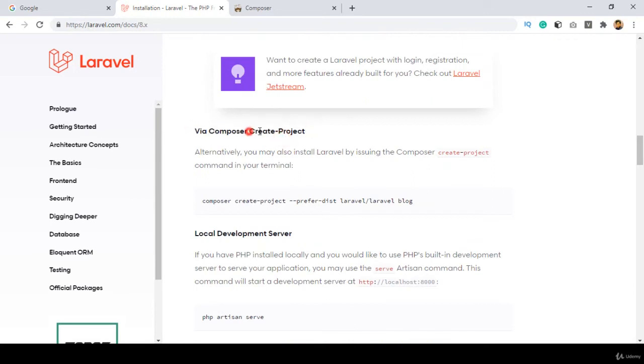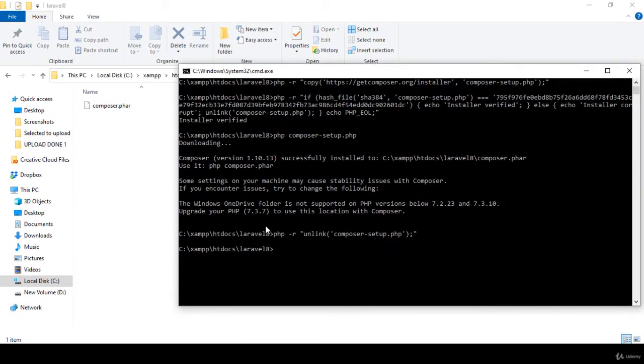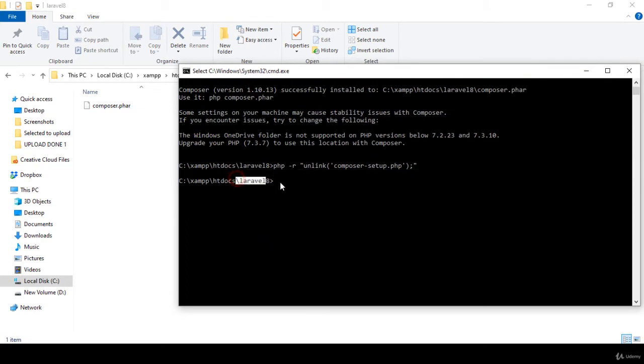So right now I want to create a new project. If you want to create a new project, that is actually the command line. I copy it. So that is the appropriate folder area where I want to create the project, right? You can see that is our path. So here I want to install it. So that is actually composer and the